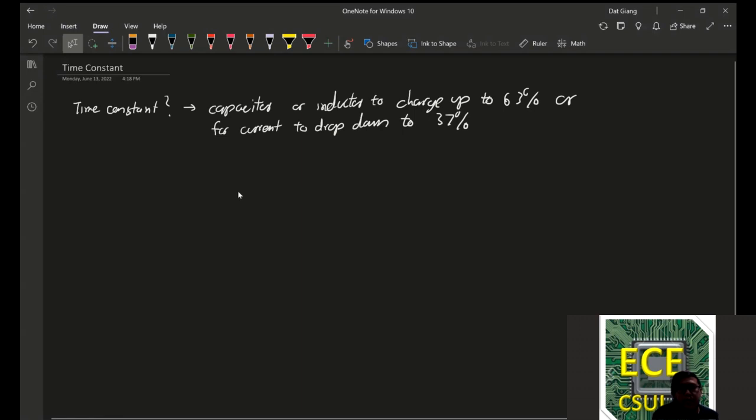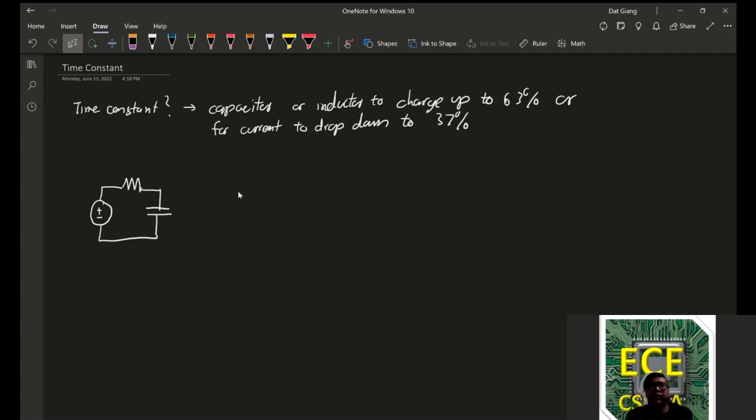So, first, consider the setup. We have an independent voltage source, we have a resistor, we have a capacitor. And I wanted to know the voltage across the capacitor. Okay, no problem. R and C. And then we have V. Now, V out